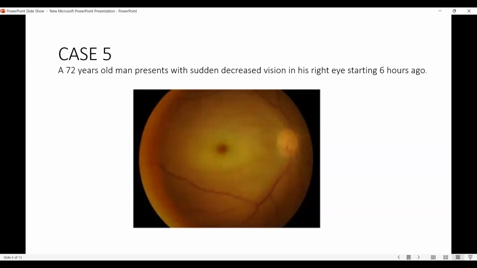That will be systemic. And for the ocular management, since this patient has presented within just 6 hours, I think